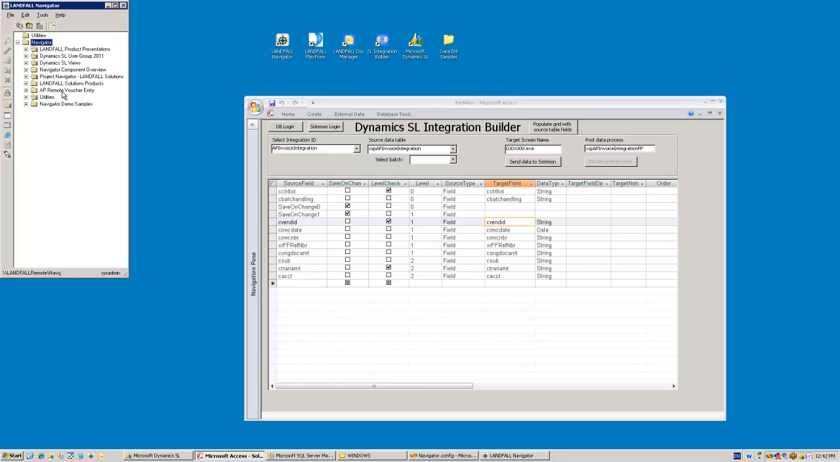Here I've got a menuing system that I've set up, and under here I've got AP remote voucher entry, and this menu system essentially can be customized by role, by department. It's very flexible for creating processes and procedures that are very specific to departments. So I can come down here to the accounting,